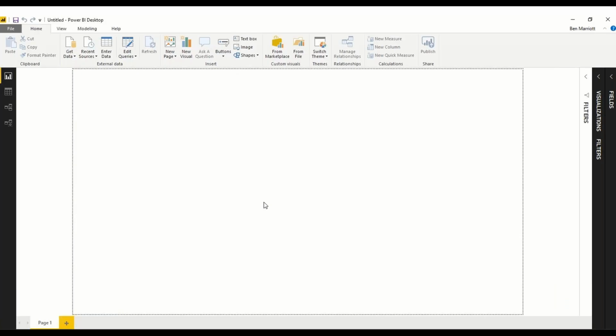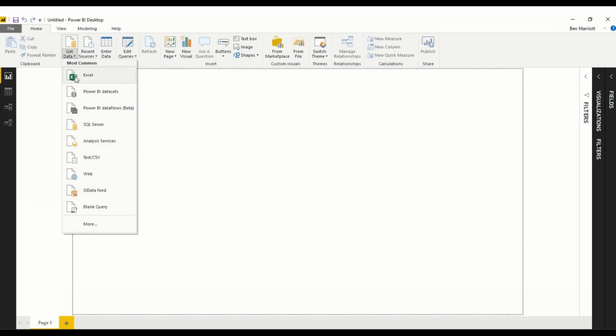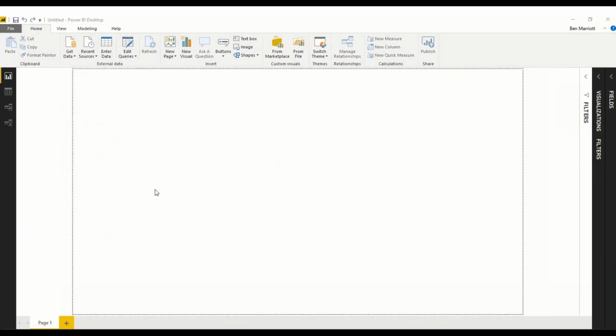So first of all, we're going to have a look at how to get data into Power BI. So we're using Power BI Desktop here, which is freely downloadable. If you just search for Power BI and go to the link, then you can do that. So here we are looking at the data, and I'm just going to show you all the data types that